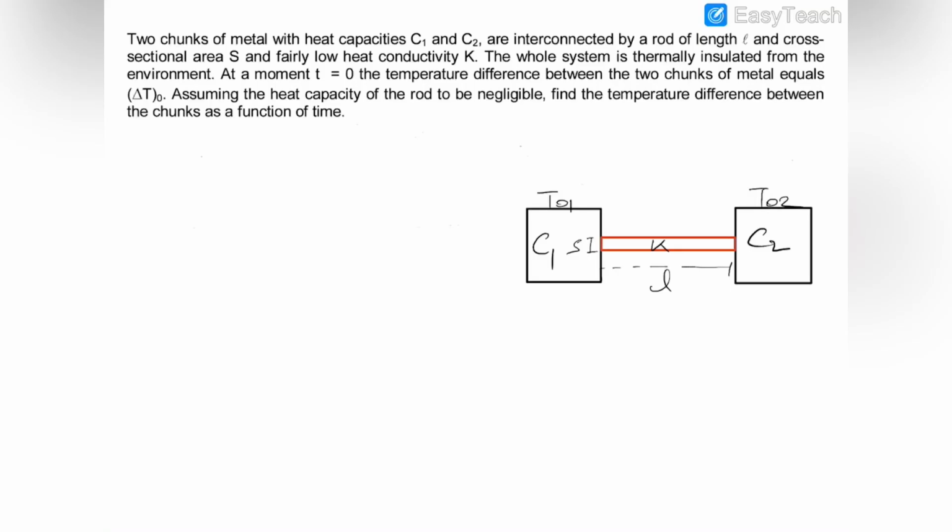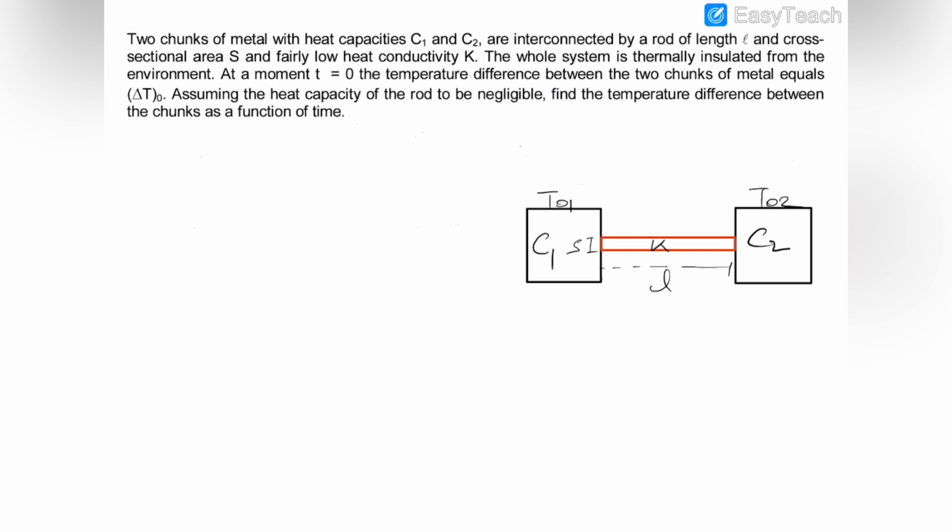In this question, you can see that there are two metal chunks. Metal chunks means pieces of metals at different temperatures, and the initial temperature difference between these two is delta T naught. The specific heat of this metal chunk is C1 and specific heat of this metal chunk is C2. They are connected together by a rod of length L and area of cross section S, and its thermal conductivity